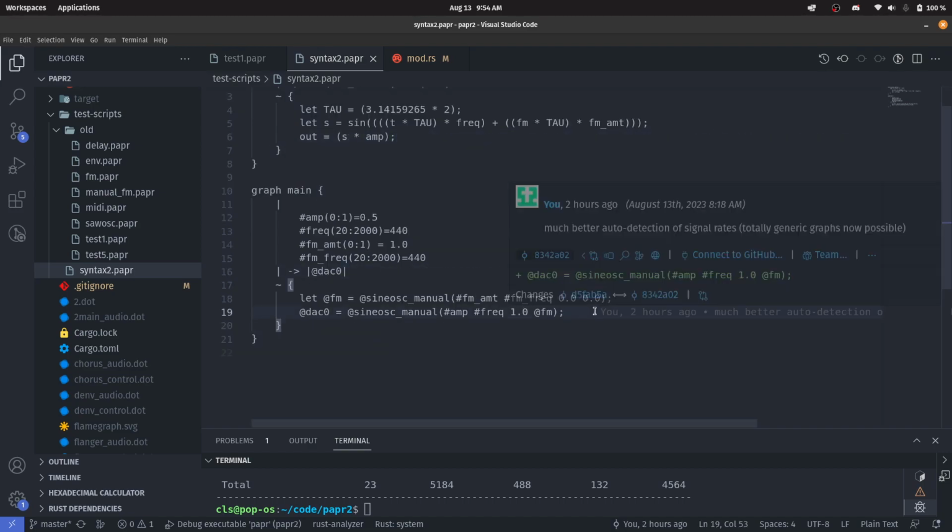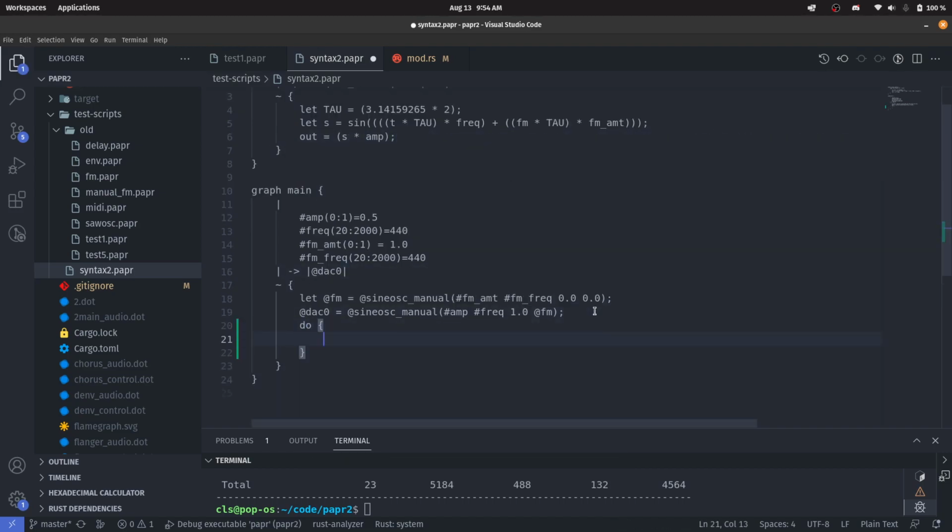So what the do block would do in the future is allow me to have sequences of connections, or sequences of assignments or calculations that all happen in a certain specified imperative order. And then the var would let me have reusable connections, or reusable values that could be set and reset to different values. So anyway,